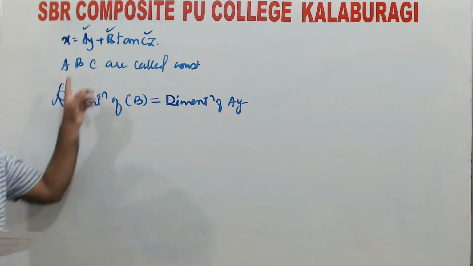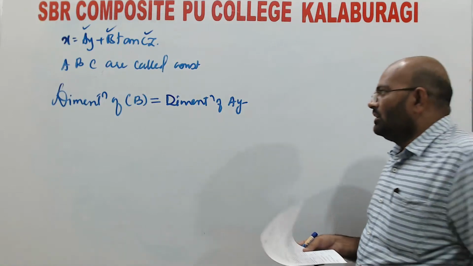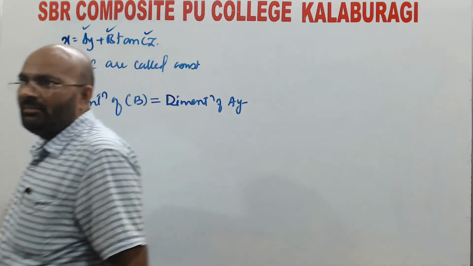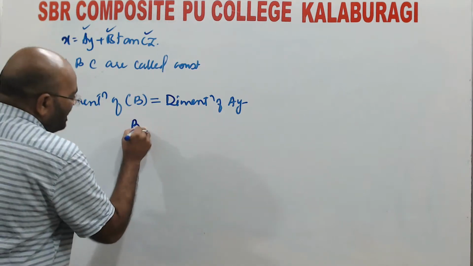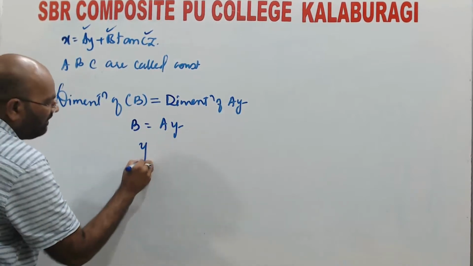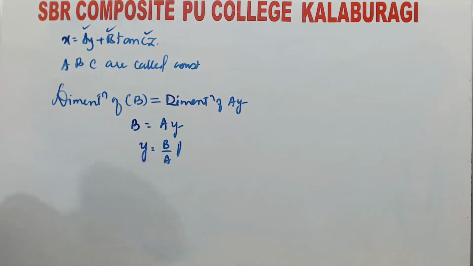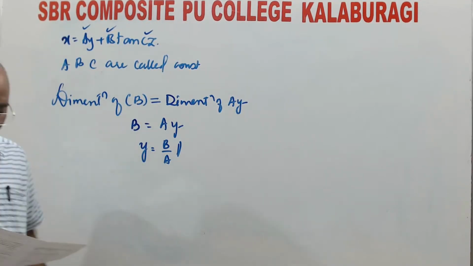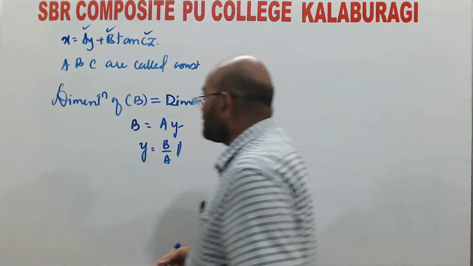Once you look at the condition given here, the dimensions of B are always equal to the dimensions of AY. Then we can write B is equal to AY, and so the value of Y is equal to B by A. That is the first condition we got. Similarly, to find the X value also,